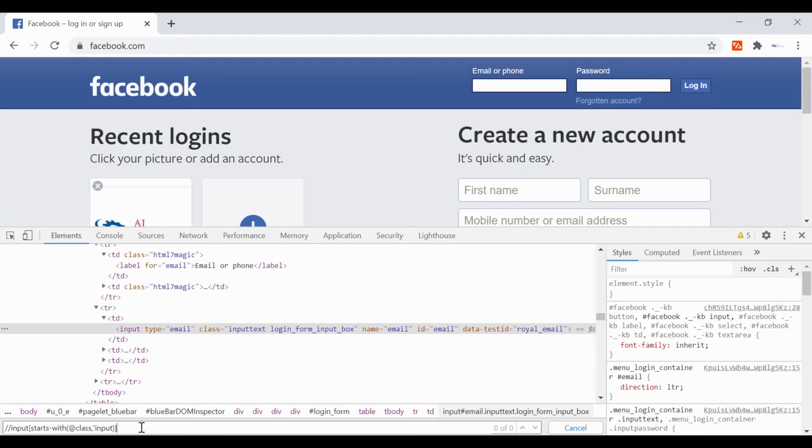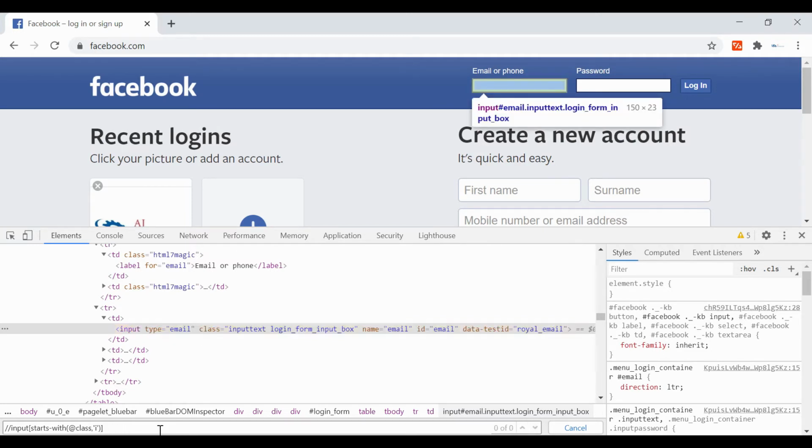Is it working or not? Starts-with @class, input text. We have to provide that word, right? Input text. Oh, we missed the single quote.